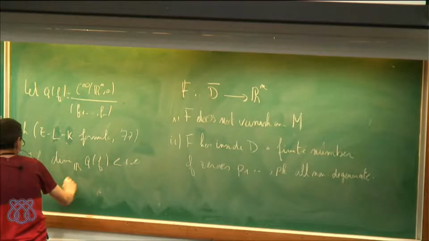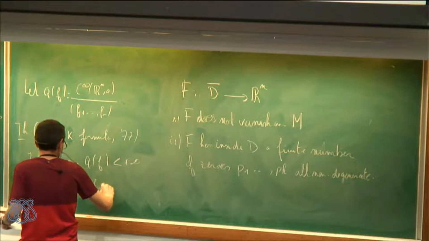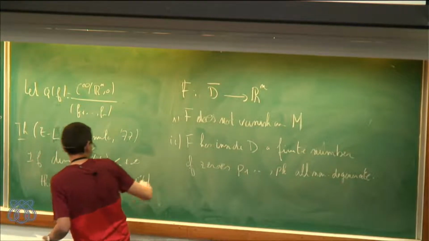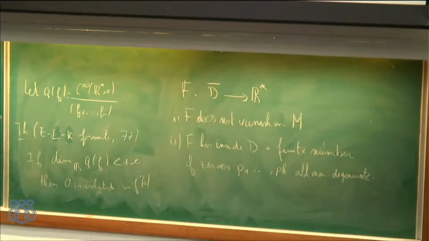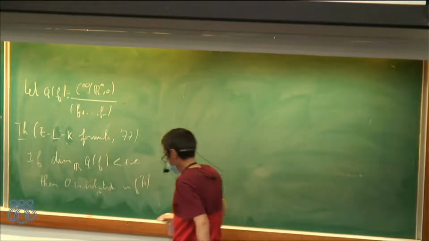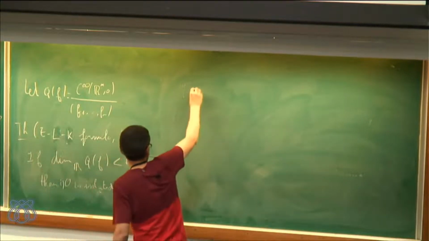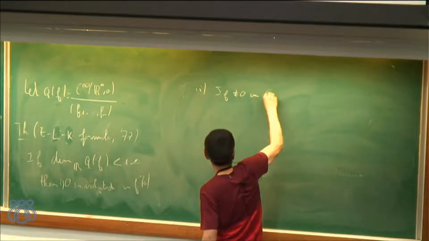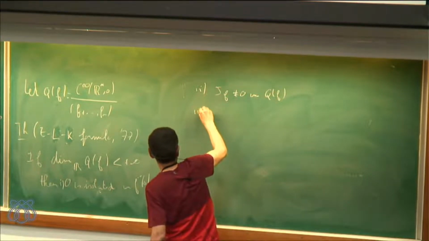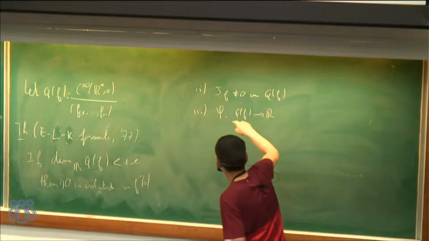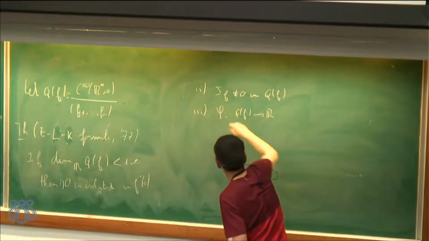Then 0 is isolated in f minus 1 of 0. Two, the Jacobian of f does not vanish in Q_f. And three, if I take phi a linear form such that phi applied to the Jacobian is strictly positive,